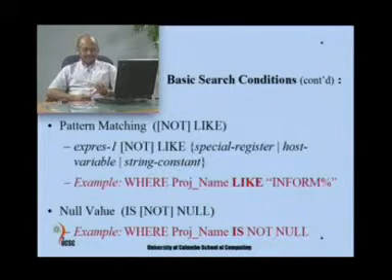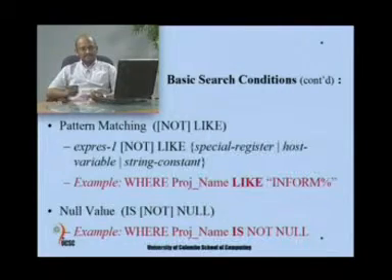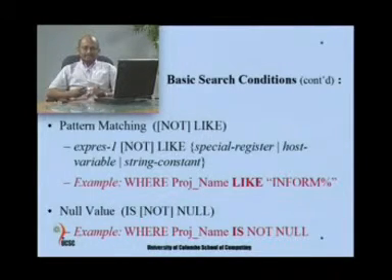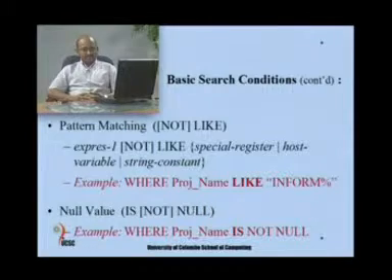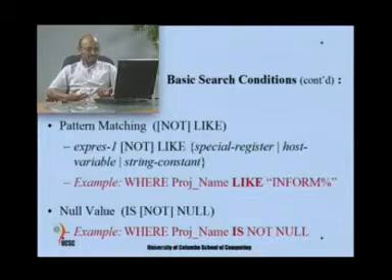In SQL, the percent sign is used as the wildcard, which is similar to the asterisk used for other purposes in computing. It means you can have anything after it, but before it is the word you have typed. For example, inform percent means anything starting with inform, and anything afterwards will be a matching value. So information or informatics will all match, and any project like information technology would be a possible matching output of this expression.